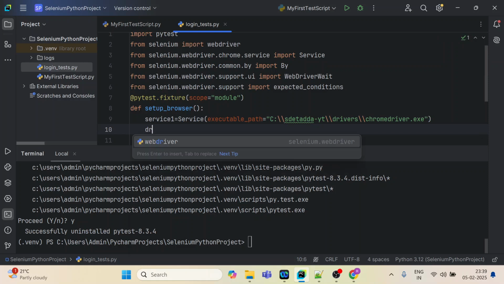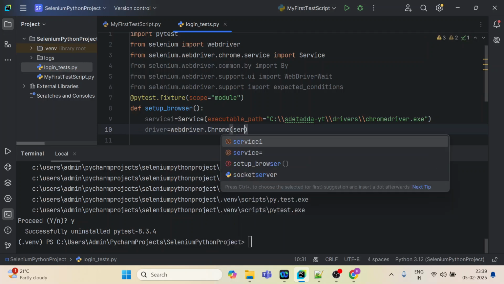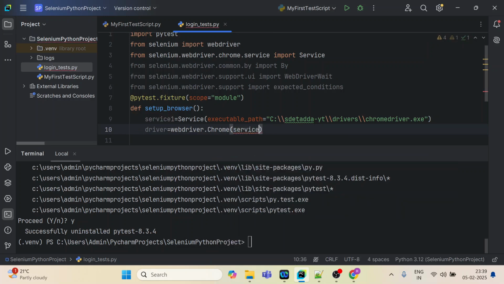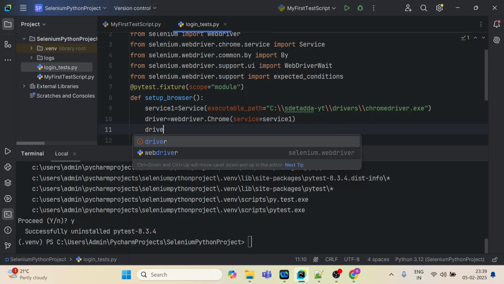Now let me create the object of the driver, WebDriver basically. So in the Chrome constructor I'm going to pass this service. Okay, service equal to service. So this has been passed as an argument to this Chrome constructor. Okay, so with this my driver will be initialized, and now I can call my